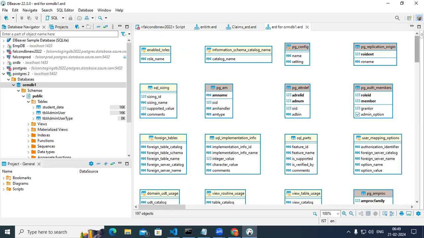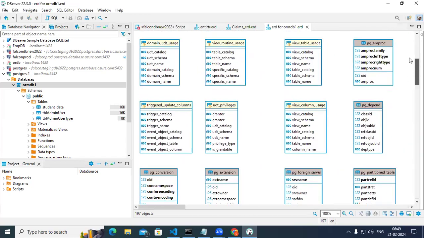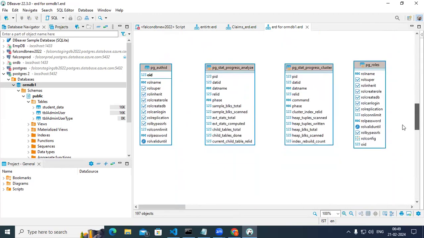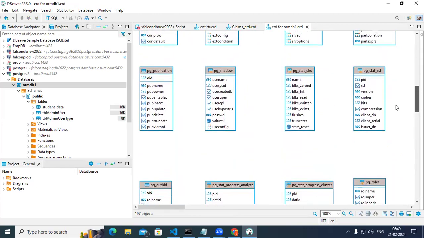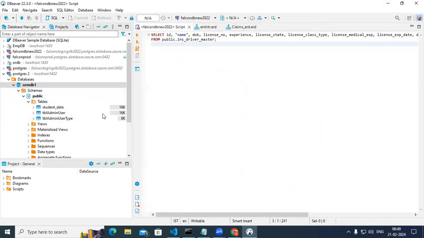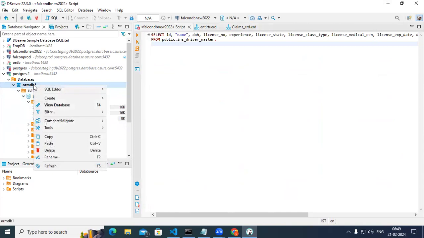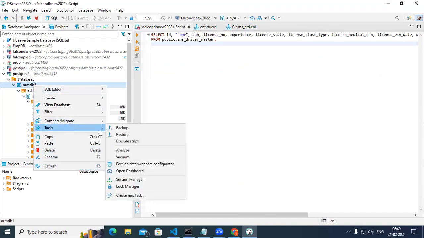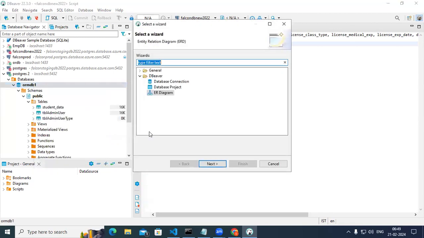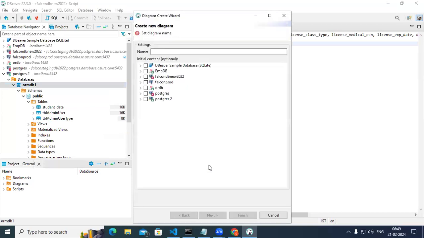It's giving so many tables. I have chosen only two tables, but it's giving so many things. Once again, let me create this. We go with this again. Tools, create, we have Other, ERD diagram. Okay, the name is